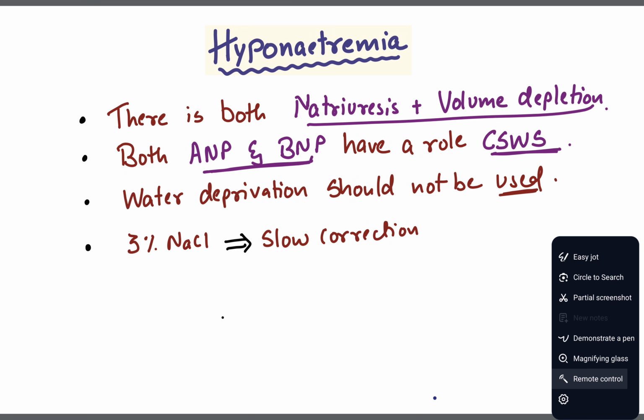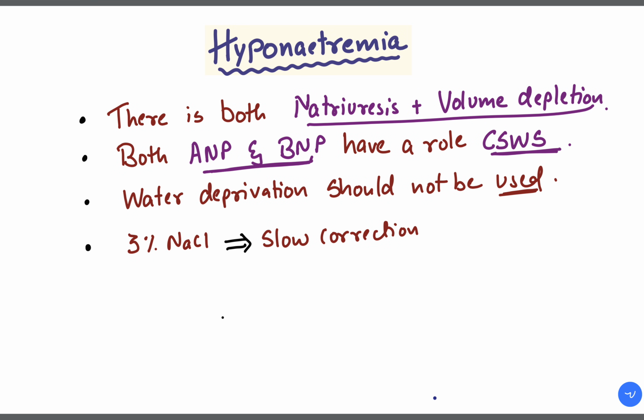Hyponatremia. Hyponatremia is such that there is natriuresis plus there is hypovolemia. So it is a hypovolemic hyponatremia going to develop in a patient of subarachnoid hemorrhage. Atrial natriuretic peptide and brain natriuretic peptide both have a role, and they classically show like cerebral salt wasting syndrome. Therefore, as this patient is having hypovolemia,